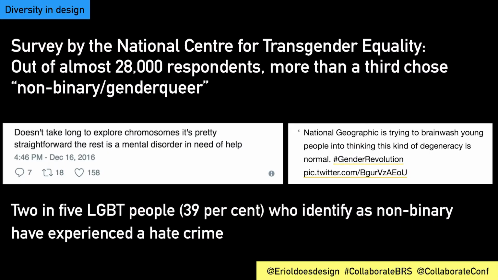And the more we create services which include, the less we'll see this kind of harmful activity towards people that express differently. Here we've got people saying on social media that different gender identities are mental disorders and brainwashing young people into thinking it's degenerate.